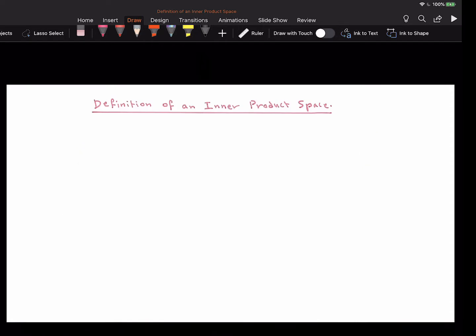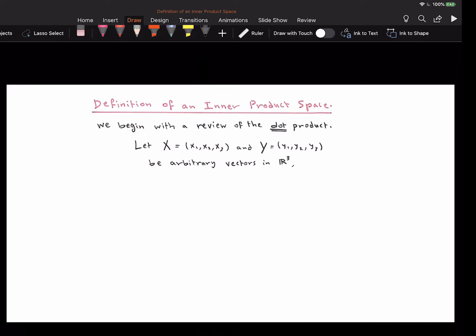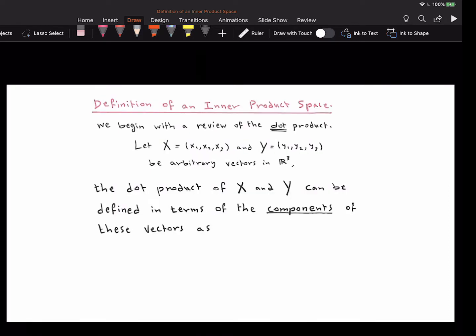As we can see right here, we begin with a review of the dot product. As you can see, I'm not writing as I'm recording. I just want to go a little bit faster to save you some time. So what's a dot product? If we have two vectors, x and y, in R^3, the dot product of x and y can be defined in terms of the components of these vectors as